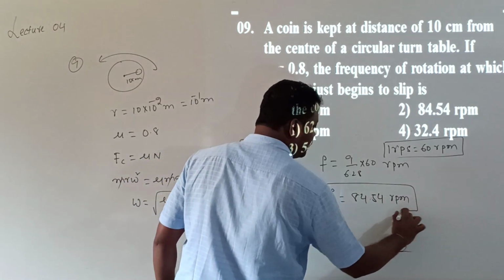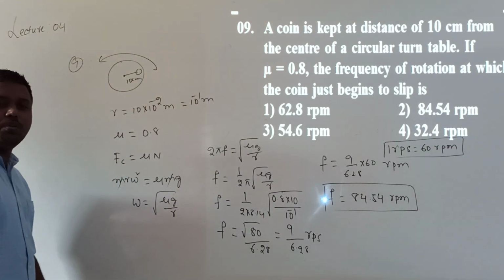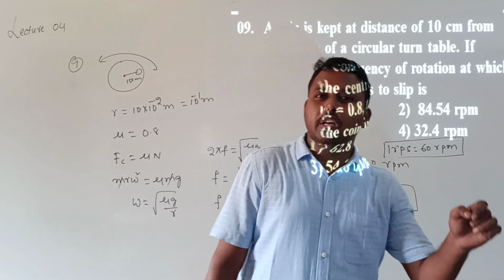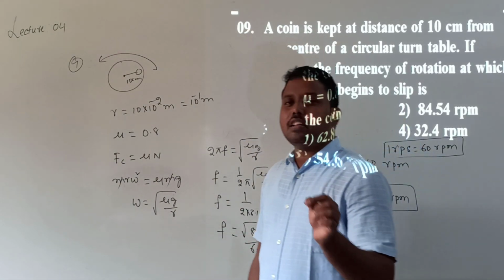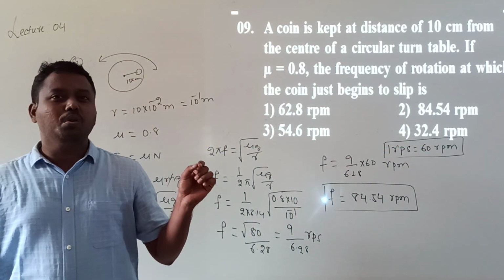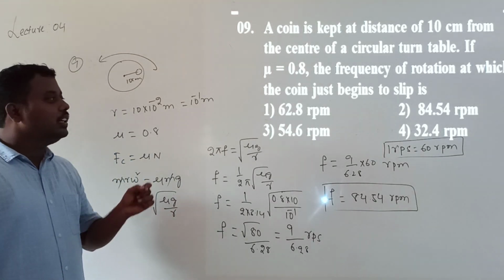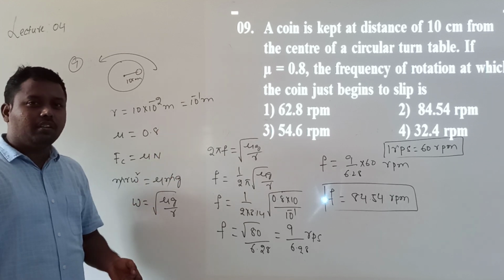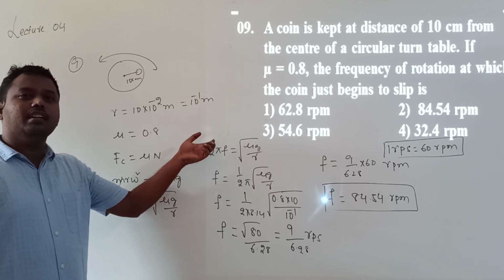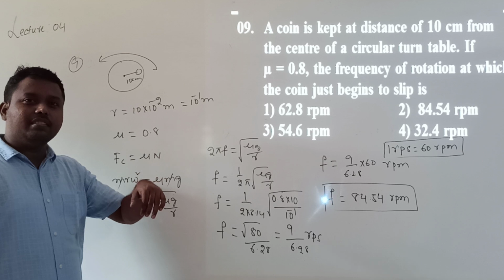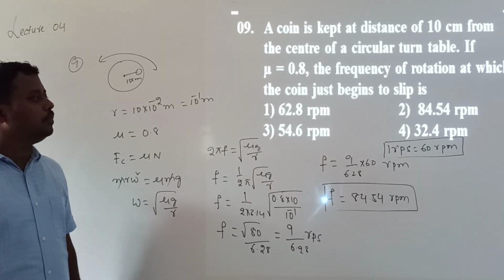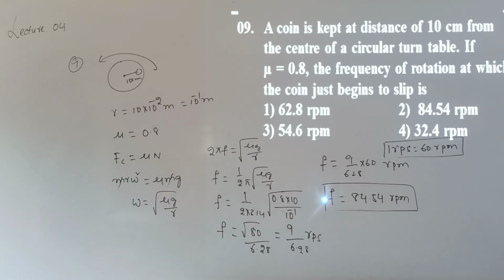Question understood now? Conversions are important, units are important. And one more important point you have to check when you are going through the objective questions: once after reading the question, you have to go through the options also, because in whichever unit system the answer is given, as per that you need to convert. For example, if the given answer is in RPS, it is not necessary to convert into RPM. Okay, so that is question number 9. Next one.